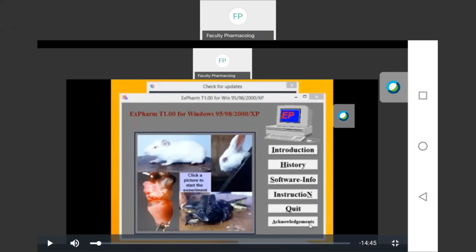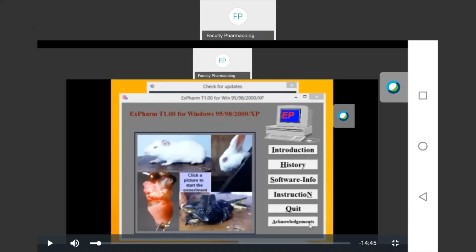Then what are the parameters we have to measure? Here we have to measure the diameter of the pupil as well as the light reflex and the corneal reflex. With that, we are also going to see the intraocular pressure.